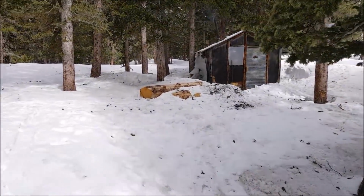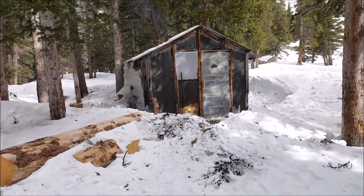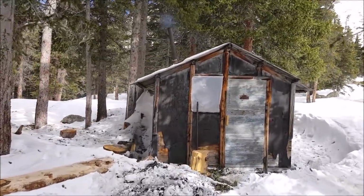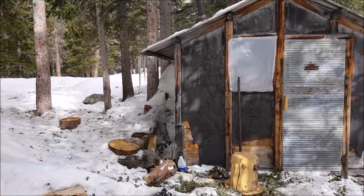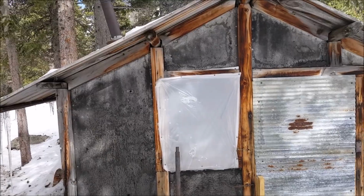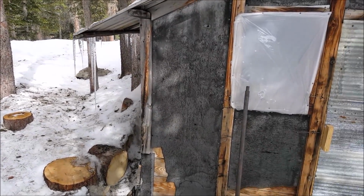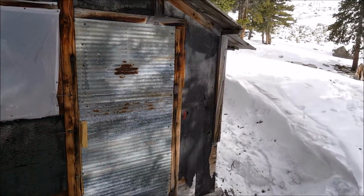So this is where we've been calling home for last night and tonight as well. There's a little stove in there and everything. It's really cool. And it looks like people just bring stuff and leave it for other people to enjoy. So it's really cool that you have something out here. We've got the fire going in there right now, where we just ate breakfast, and